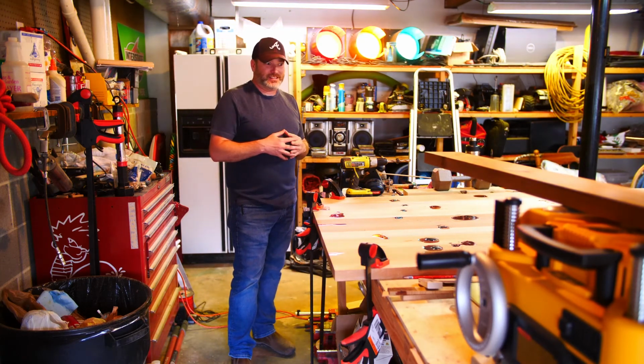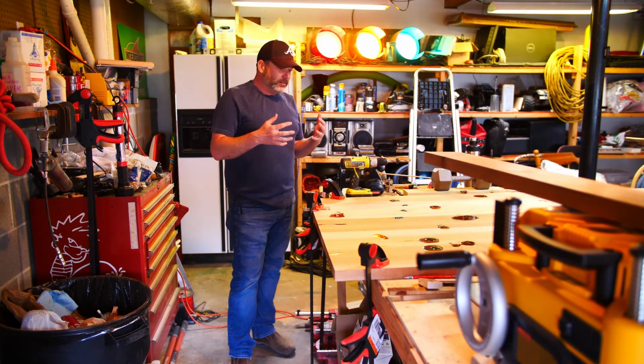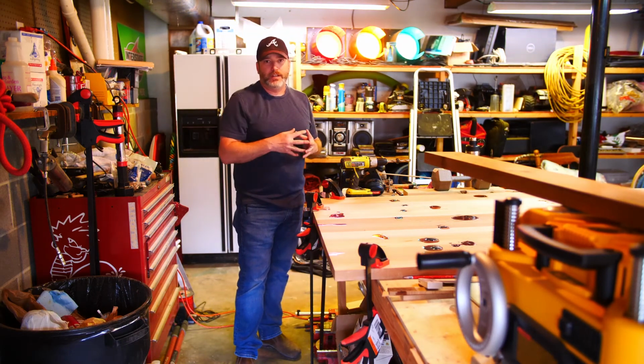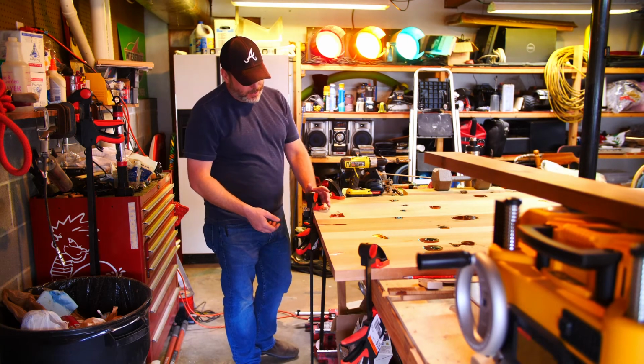It's not a test piece. It's an actual table. But all right, so we're going to drill some of these things, and I'm going to drill one. I mean, it's not very exciting. I'm not going to film drilling all 6 of them. It's pretty boring stuff. But basically, I just line my lines up, clamp it down so it doesn't move,